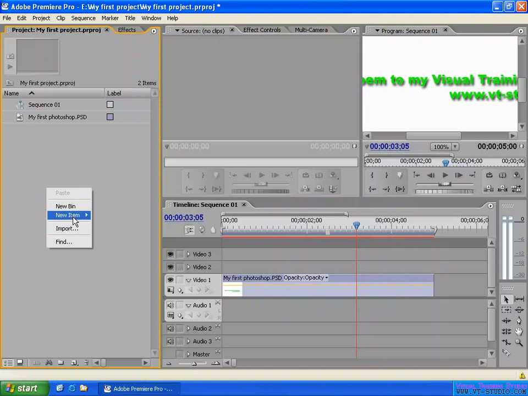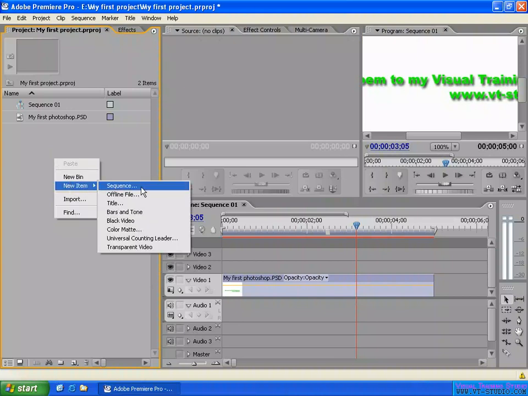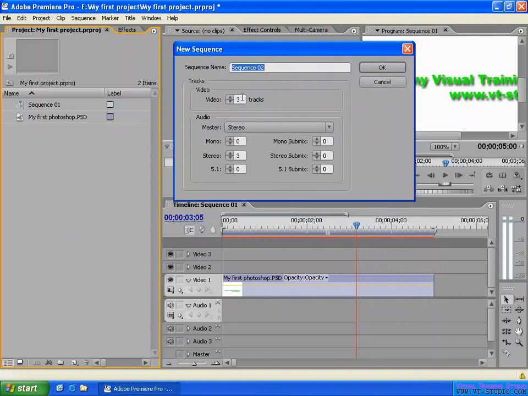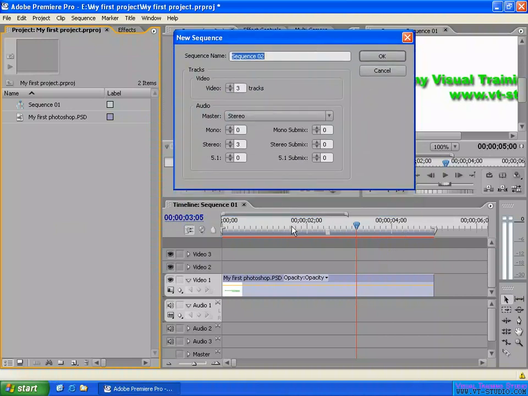Ding ding. Come to here, you can create a sequence. Right click on the empty space here and select create a new sequence. For your editing, you do all your edit in here, assemble your video in a sequence, and the sequence name, you can put a name here. For example, my first sequence